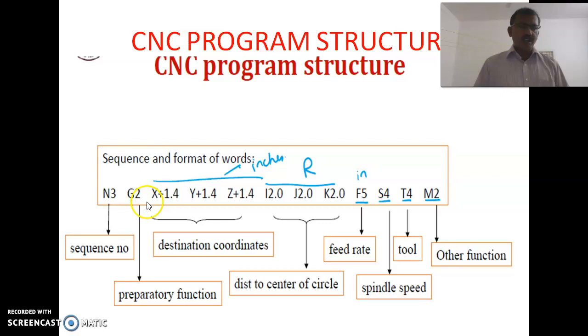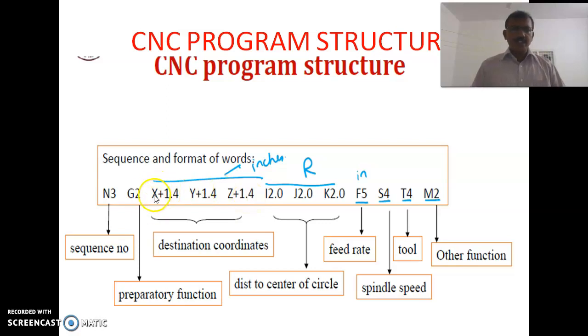It is mainly used for tool movement, and X, Y, Z are the position codes. That is, the tool has to move in the X direction plus 1.4, and the Y direction plus 1.4, and the Z direction plus 1.4.